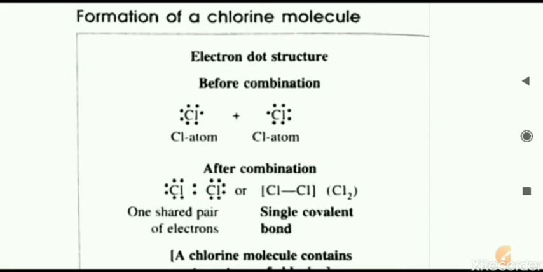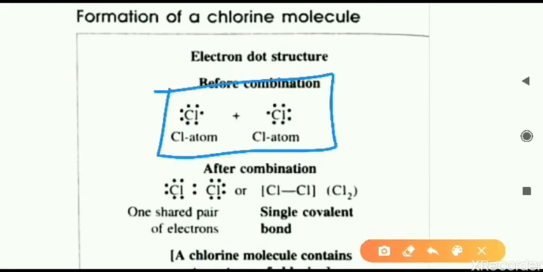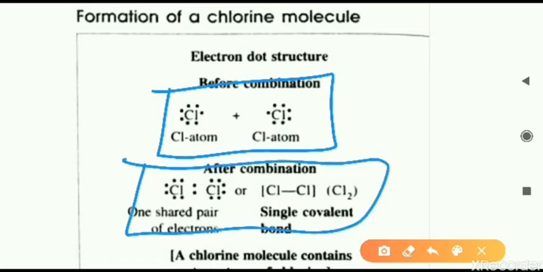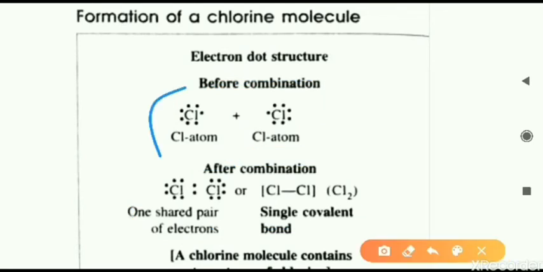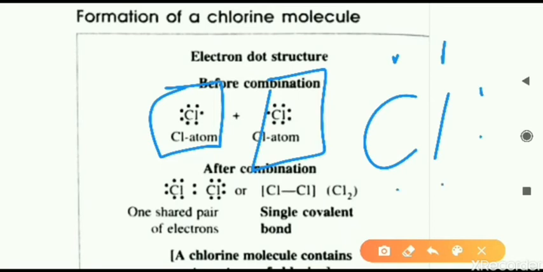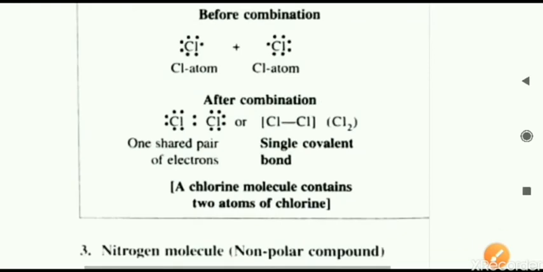Let us see how the formation is done. So the Lewis dot structure, how to draw it. First you have to show, before combination, the number of valence electrons in the different participating atoms. All the atoms which are participating in the bonding you have to draw. Second step, you have to draw, after combination, the distribution of electrons in the molecule. So first, you can see 7 electrons on each atom we have to draw. A chlorine atom has 7 electrons. 3 pairs are on 3 sides and 1 electron on the other side. Similarly on the other atom also you can show the same thing.